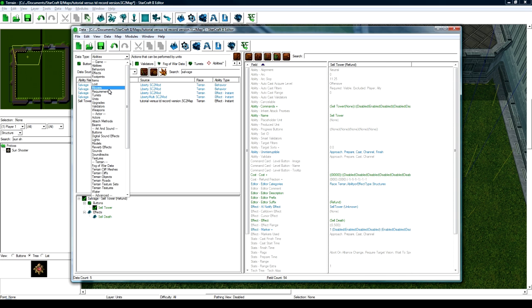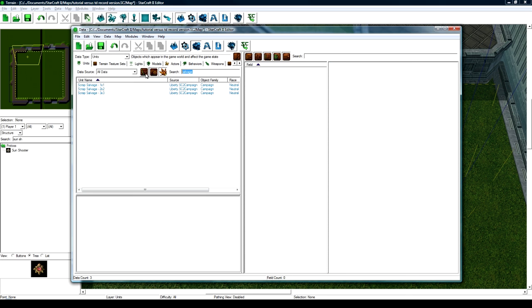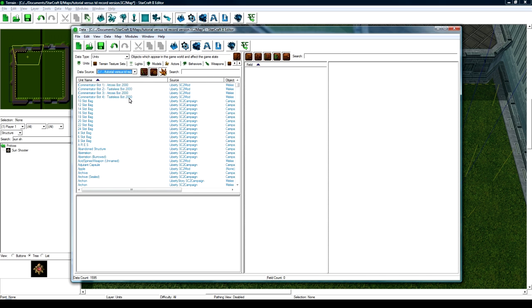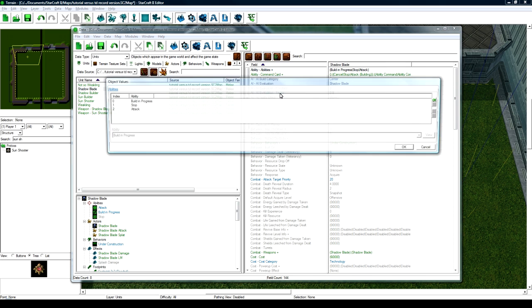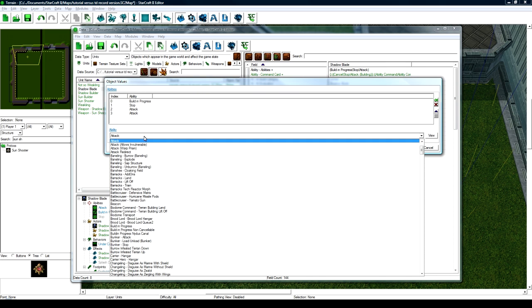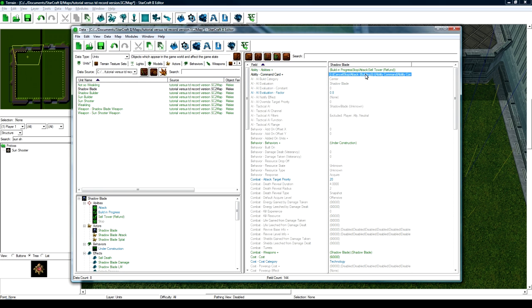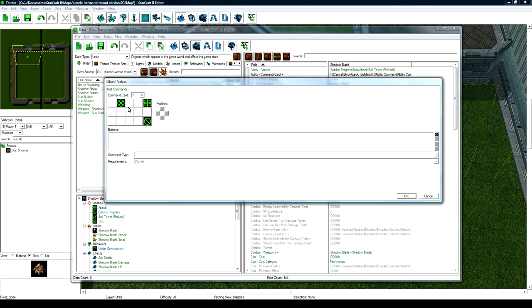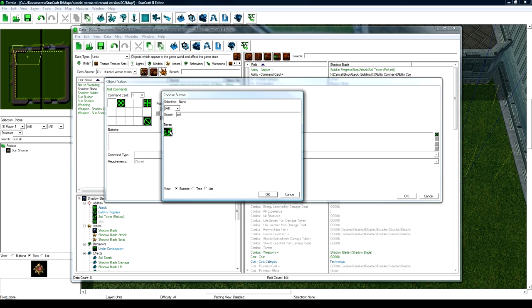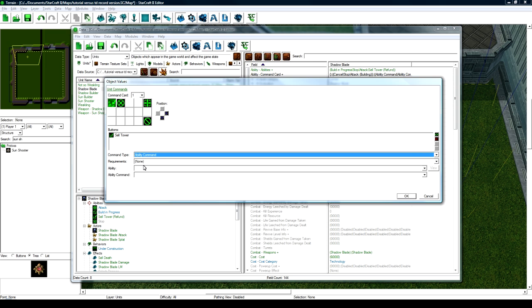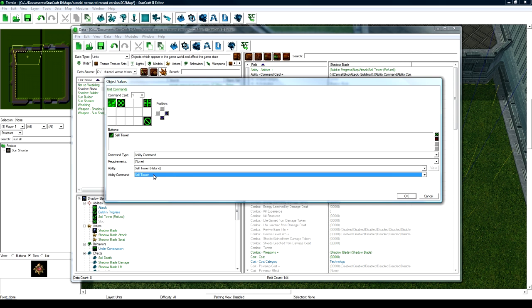So now we have to go back into units here, clear the search, and view our data, and find the Shadow Blade Tower. Go to abilities, copy paste attack, and then change the ability to be cell tower refund. Hit OK, and then double click on the command card, and on this here, click on the top left, and then we'll hit the green X, and search for cell and cell tower, command type ability command, ability cell tower refund, and it's already set to the right ability command,